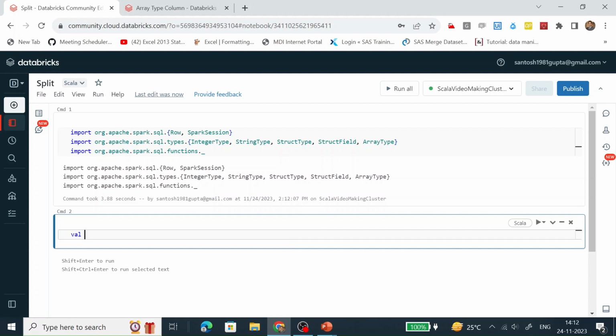Let's create a variable which is going to hold the data. How are we going to hold the data? We are going to hold the data with the help of a sequence. And in this sequence, I am storing three objects.